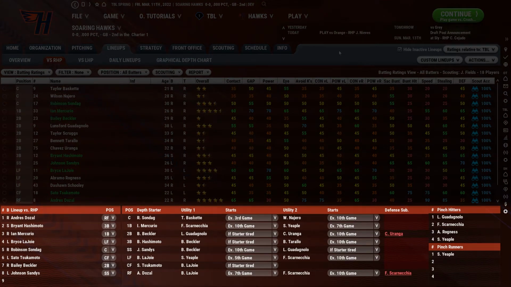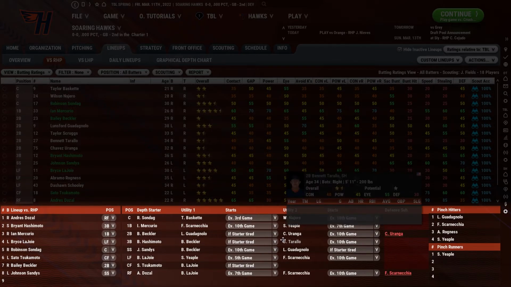The depth charts are going to be important in telling the AI who to play when you have fatigued players on the field. If someone needs a day off, this is how you're going to tell the AI who to start in their place. This is also how you're going to be able to potentially do stuff like defensive substitutions, or if you wanted to do platoons with 2 individual players, one very good against lefties, one very good against righties,